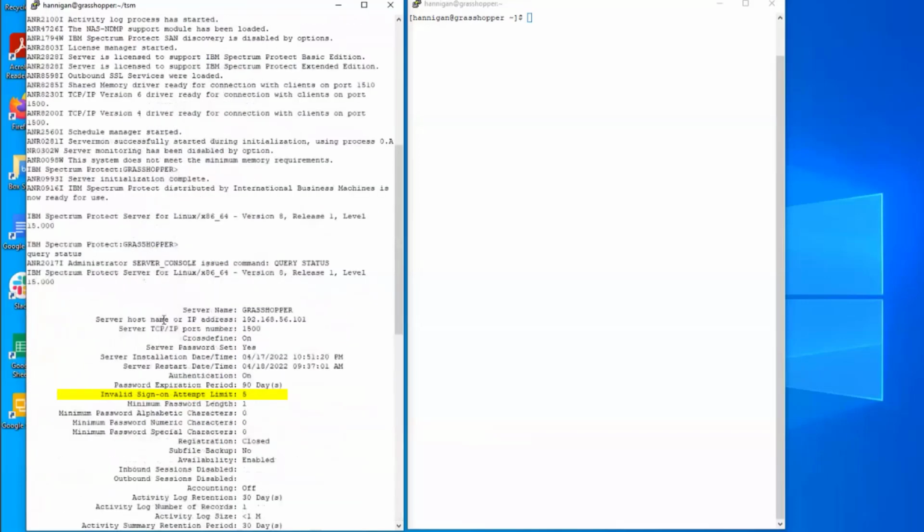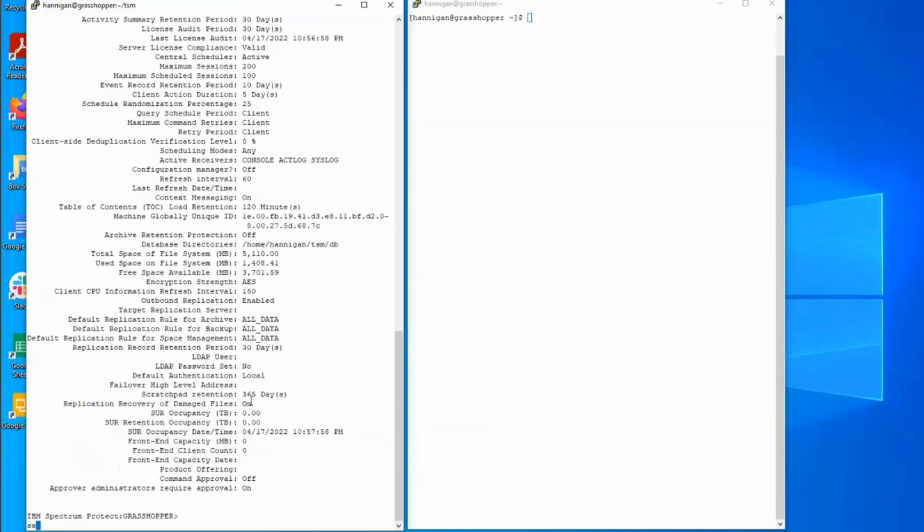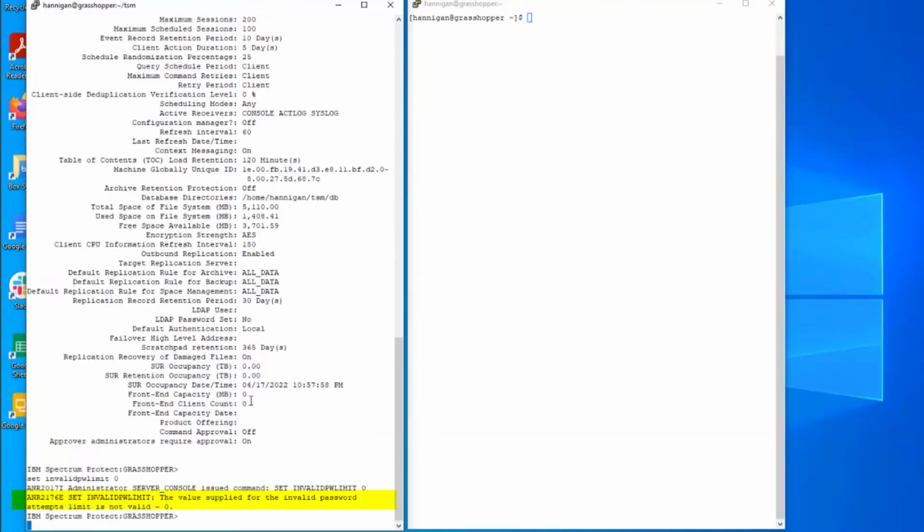So once this upgrade to version 8.1.15 is done and you do a query status, you will see that the invalid password limit is now 5. If you try to issue a set invalid password limit and set it to a new number that's not allowed, like 0, you will get this message